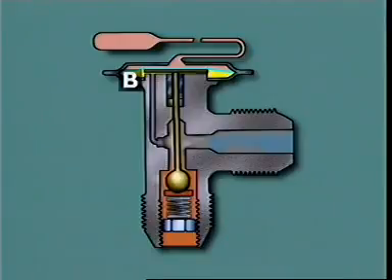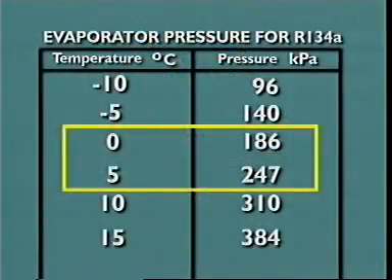The pressure in chamber B is determined by the refrigerant pressure in the evaporator and by the force supplied from the valve spring, often called a superheat spring. The spring is designed to ensure that the temperature of the refrigerant leaving the evaporator is between 2 degrees Celsius to 9 degrees Celsius higher than the boiling point of the refrigerant at the current operating pressure. This difference in temperature is called superheat, and it ensures that all liquid refrigerant which enters the evaporator is vaporized